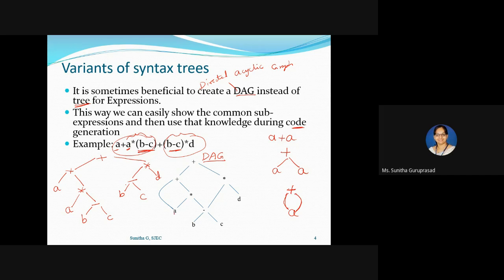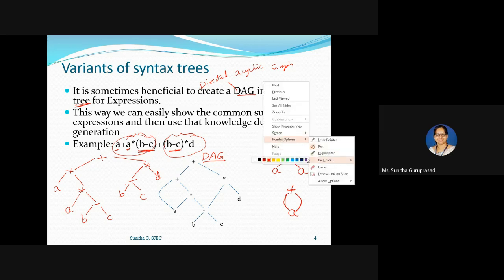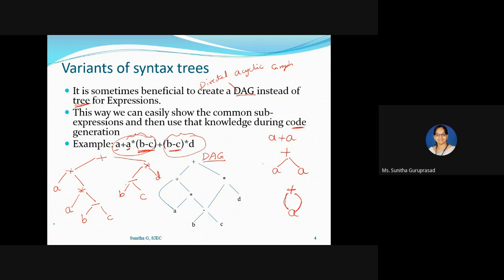Now, how do you write a DAG for this? You can see here B minus C is here, as well as B minus C is here.